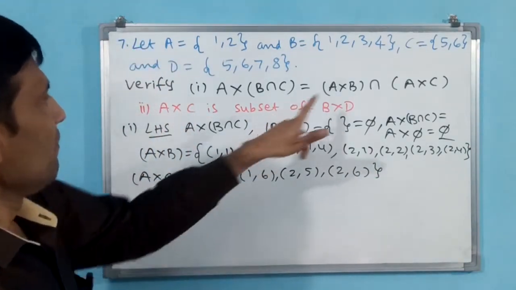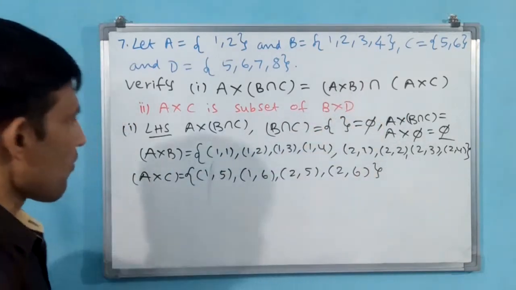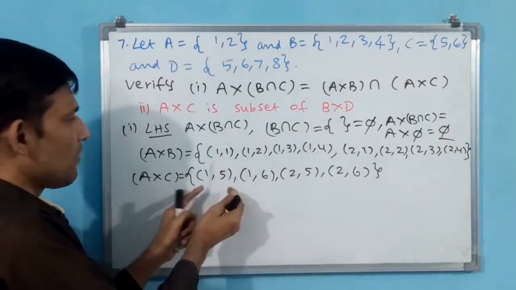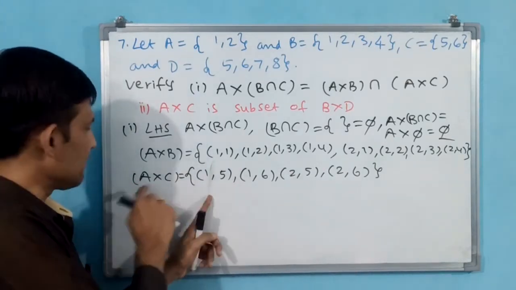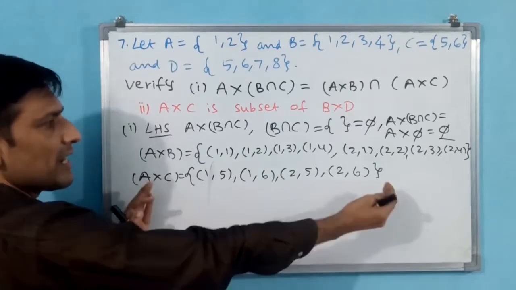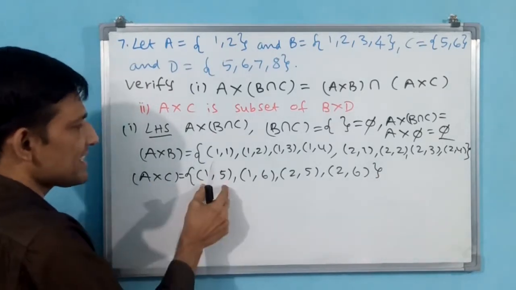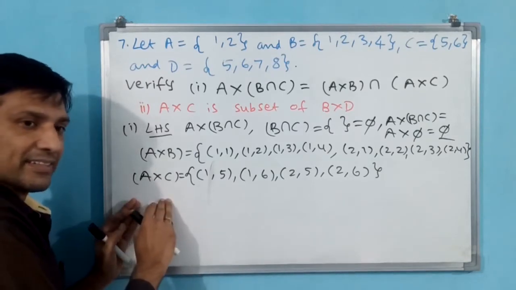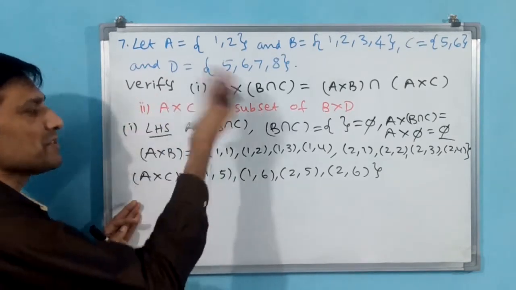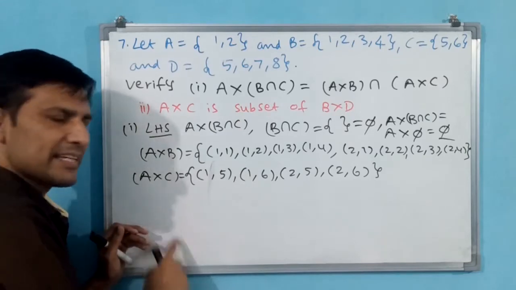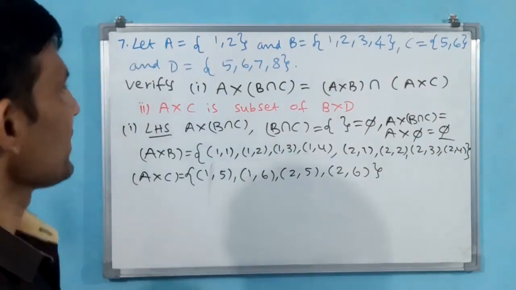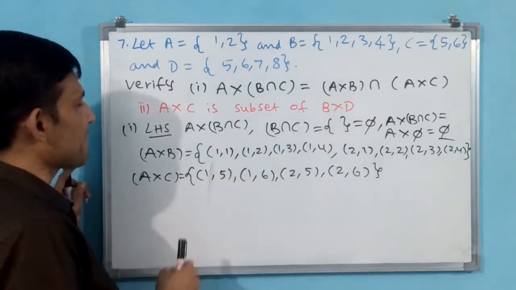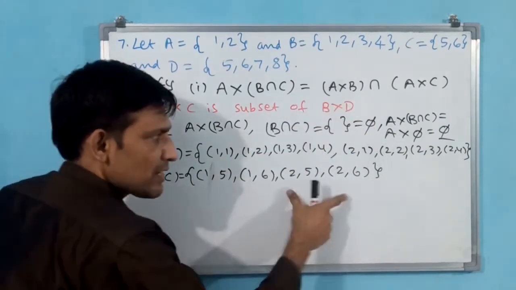See, for making intersection, what common pairs or elements do we look for? Here pairs are elements only. (1,5) is a pair, but for A cross C it is an element. Why? Because under braces it is treated as an element, since A cross C is a set. But differently, A is a set and C is a set. Here A cross C is a set. Like this you have to understand the concept. For making intersection, common elements or common pairs we have to see, proceeding with the smaller set only.